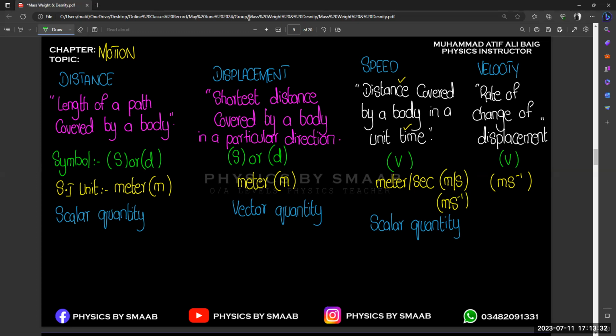So if you want to differentiate in symbol, for vectors we usually draw an arrow on top of the symbol, right? That is the concept of a vector quantity, but that is not important, right? I'm just giving you a concept: if the symbols are the same, how are we going to identify them? Because now we are writing the definition and complete concept, but if we want to identify in the form of a symbol, how are we going to identify? So that is the concept. And the last thing is it is a vector quantity, and finally when we talk about their formula,